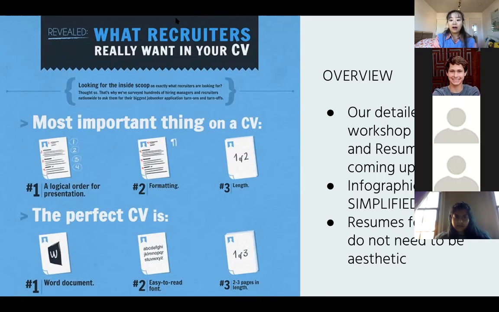I know that if you look on Google Images and search up CVs or resumes, a lot of them turn out to be very aesthetically pleasing or very artsy. But for STEM, my tip is to not make it as aesthetic as you can, and make it as clean and concise as possible. Usually they're black and white, so keep it as simple as possible.